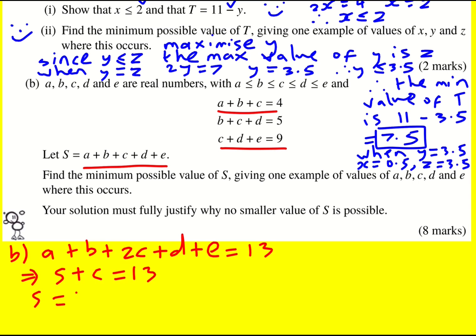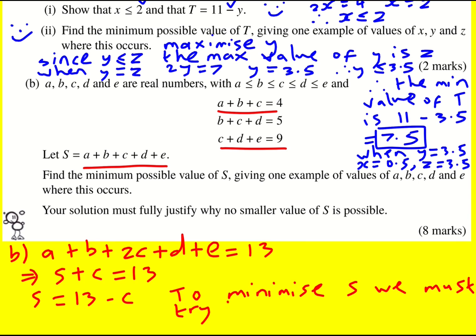So S equals 13 minus C. And to minimize S, we must try to maximize